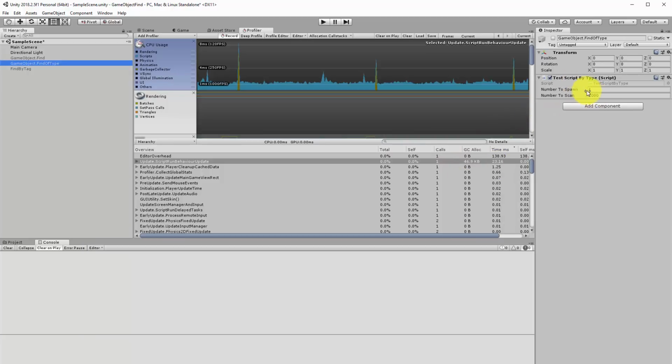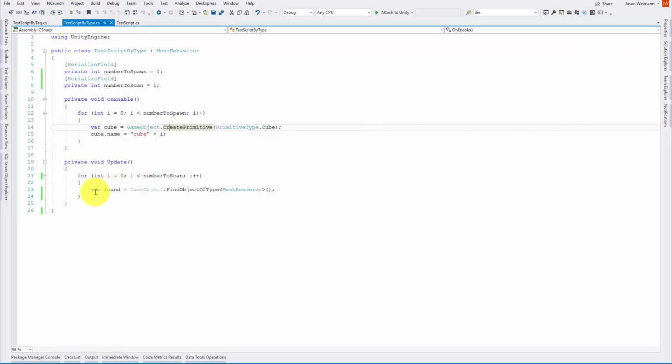But doing this in an update loop is also terrible. You shouldn't be searching for 1,000 objects every single frame. There's really no reason for it. In fact, most of the time when you do these GameObject.Find calls, what you should be doing is caching them. So instead of throwing away this found one, I'd be adding it into an array maybe, or just caching it